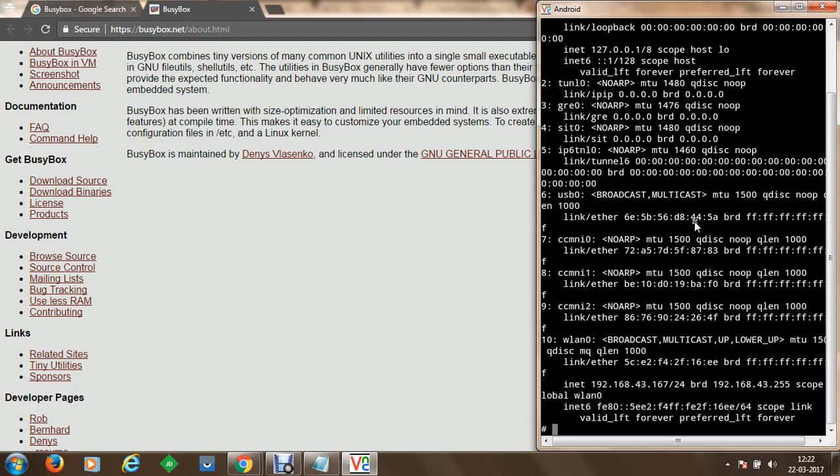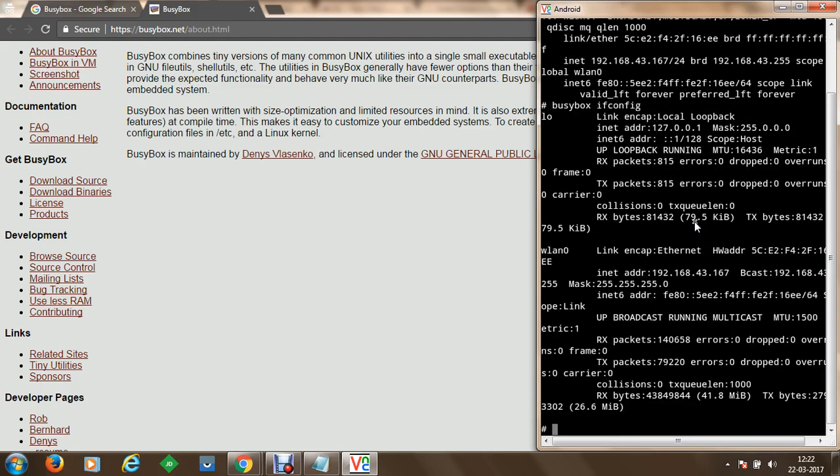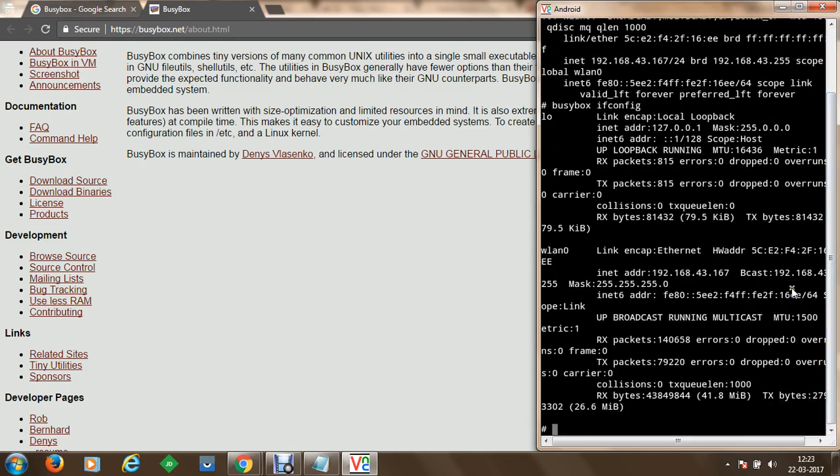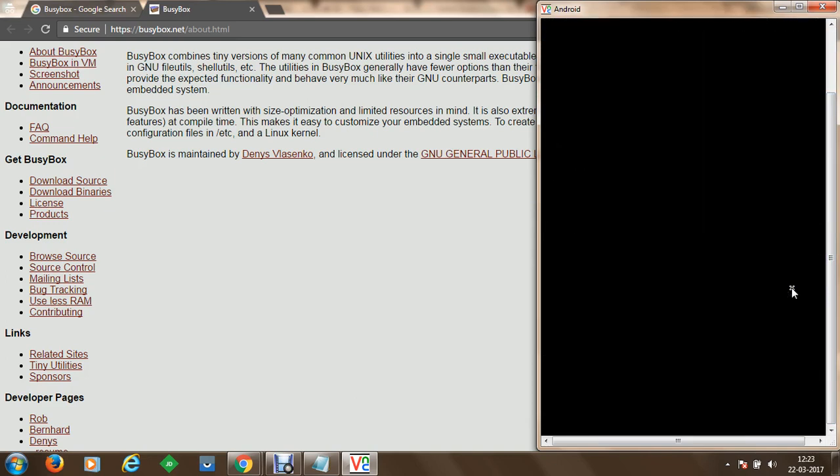Once you have got this information, you can also execute the ifconfig command using BusyBox. Once you execute that with BusyBox, you can see that you're going to get the same ample information from your IP configuration command as well. Once we have executed ifconfig, on the left hand side we have a local loopback, then we have wireless LAN 0. On wlan0 we have inet configuration available, that is 43.167. So this is how you can execute BusyBox in your Android device and you can get a lot of information.